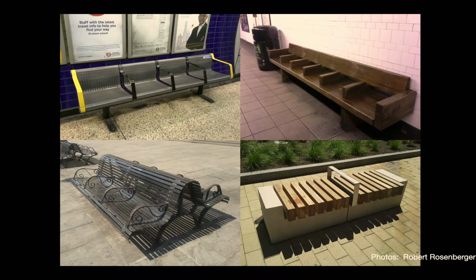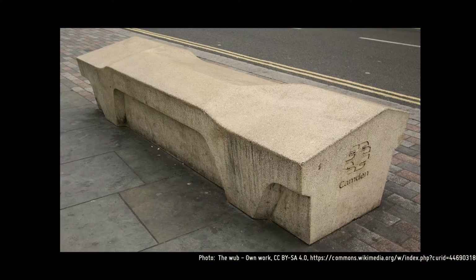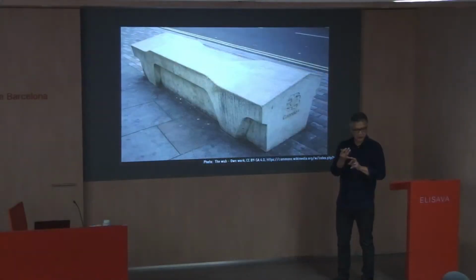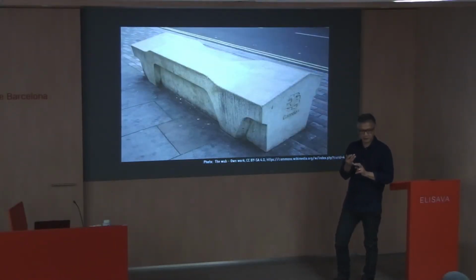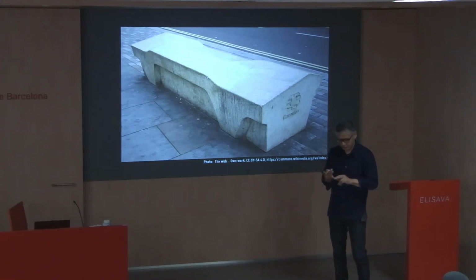And so in a sense, this is what we talk about, that things are not so innocent. Things have these kinds of relations, different meanings that need to be negotiated. This is probably one of the worst offenders in terms of this idea of policing public space. This is the Camden Bench, which is in London. It's right across from the Freemasons Temple, if you've ever been to London. It is billed as anti-graffiti, because it's coated with a particular resin, so you can't graffiti it.